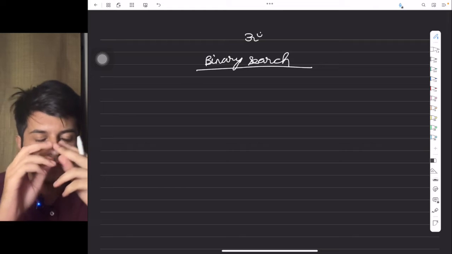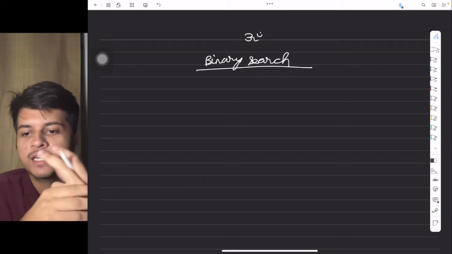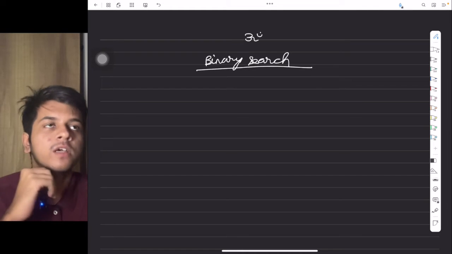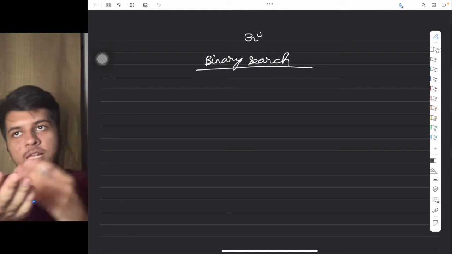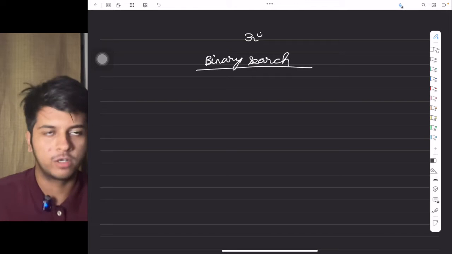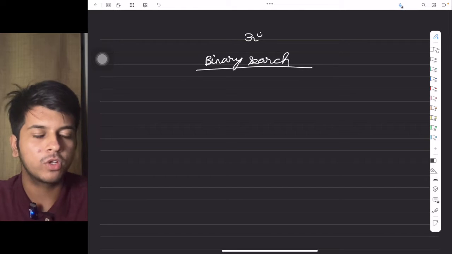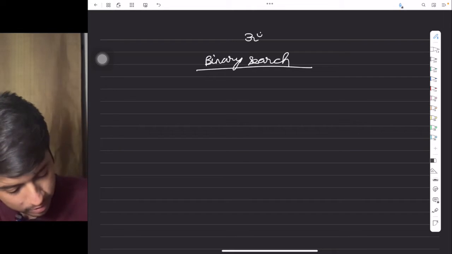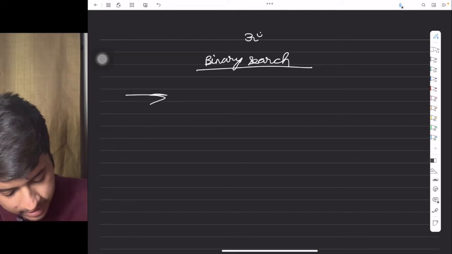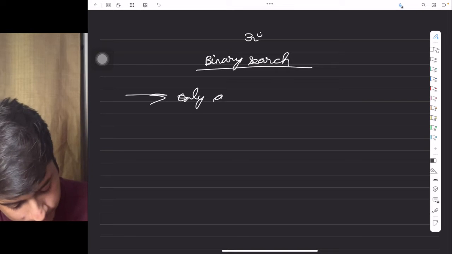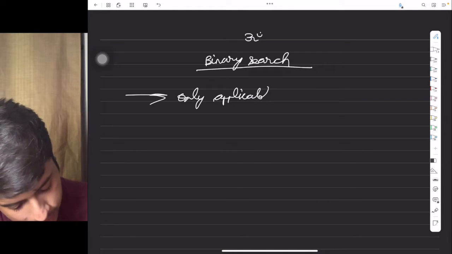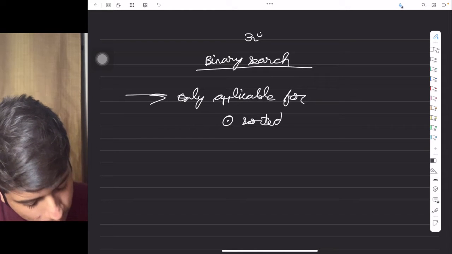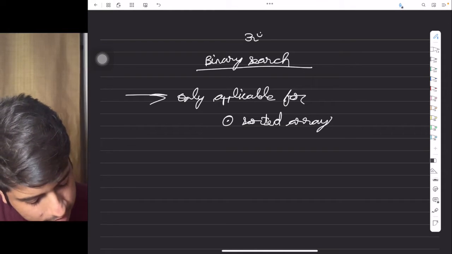The two things which you should remember is that binary search is always applicable only on an array which is sorted. A sorted array means the elements are arranged either in increasing or decreasing order. So the first thing you have to remember is binary search is applicable only for sorted arrays. So let's write: applicable for sorted arrays,